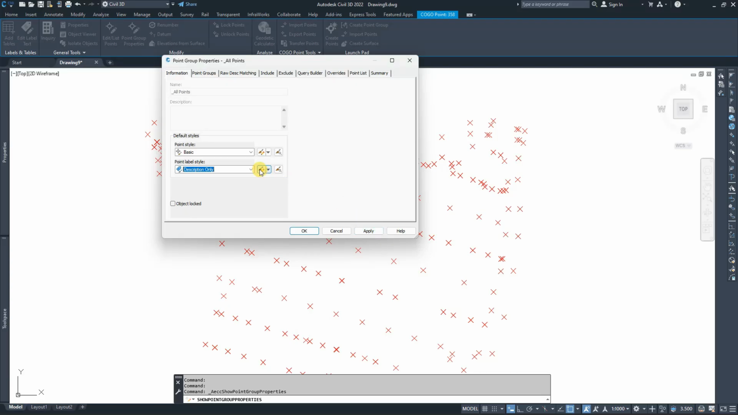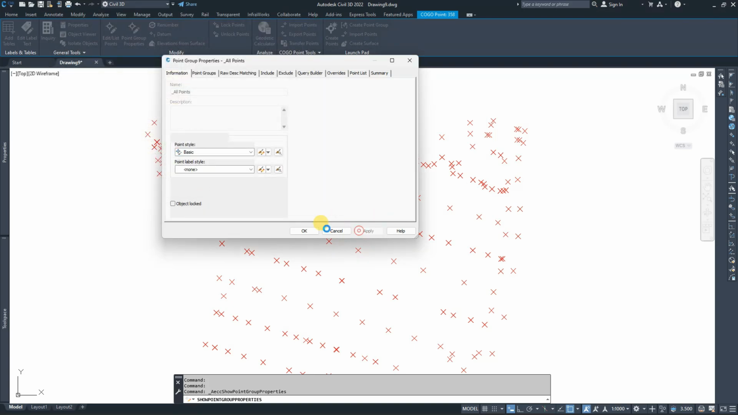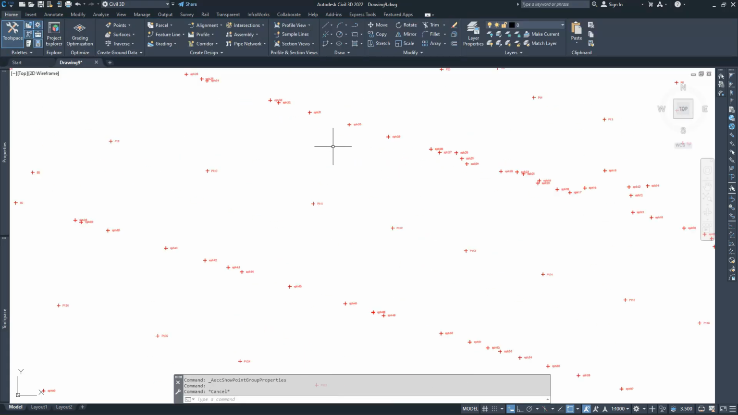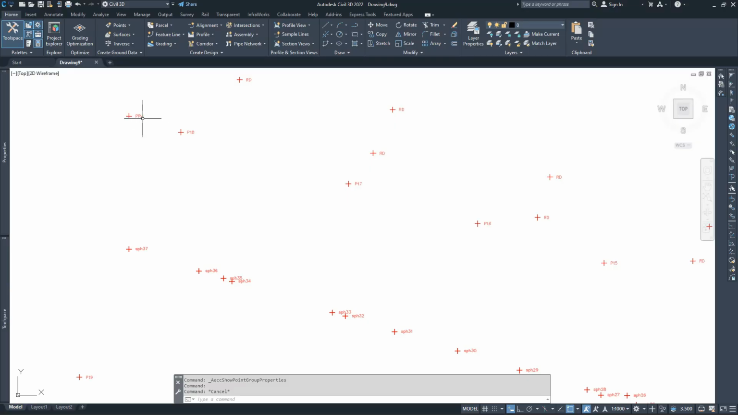So we do description only. Then we first also edit the size, changing this to 0.5, and then we apply, then we say okay, then we apply, and then we say okay. So our point style has been reduced and our description has been displayed. So now what's next is to